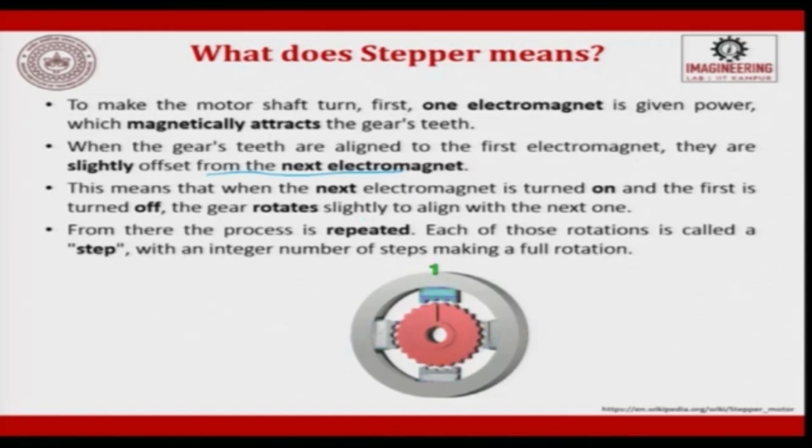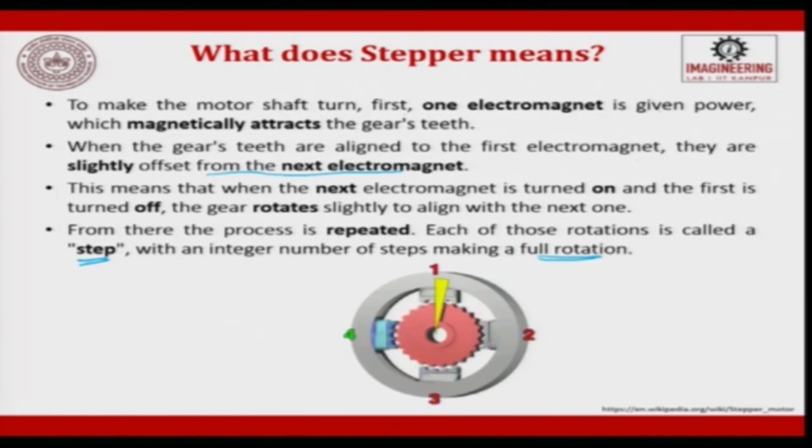This process is repeated. So, each of these rotations is called a step, with an integer number of steps making a full rotation. So, number of steps leads to a full rotation. So, you can see here 1, 2, 3, 4, how it energizes and how it pulls